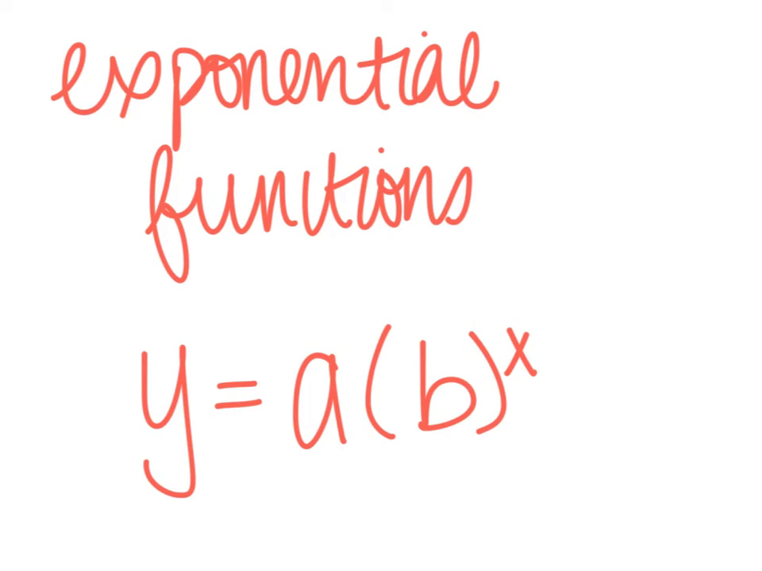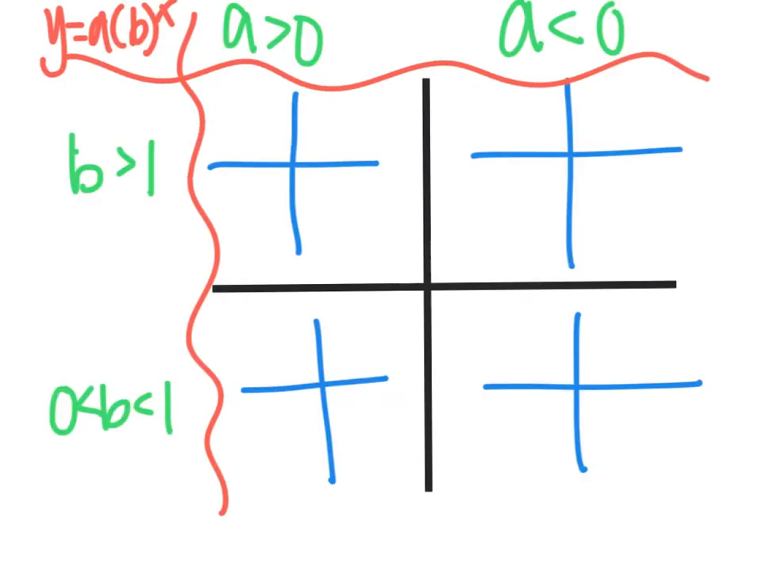Recall that exponential functions are functions where the exponent is our variable, x. And every exponential function has two values. It has an a value and a b value, so two different numbers. And these numbers tell us different things about the function. So depending on what a looks like, if a is positive, which means a is greater than 0,